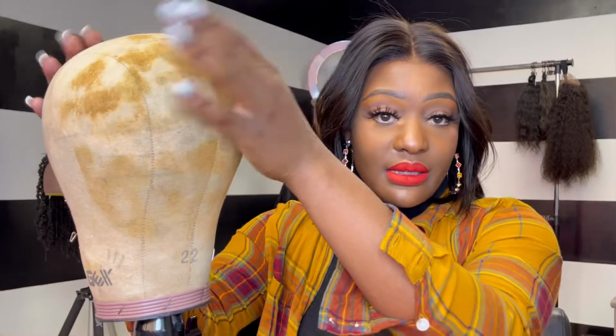The second part of this tutorial is how to transfer. Now you have all your measurements, all 6 measurements. How do you take those measurements and transfer them over to your mannequin head so you can start sewing? What you're going to want to do is get your mannequin head. Say if your client was a 21, you're going to grab your 21 mannequin head, or if they're a 22, grab the 22, 23, and so on and so forth. In this case, I'm going to use my own measurements. So, 22,